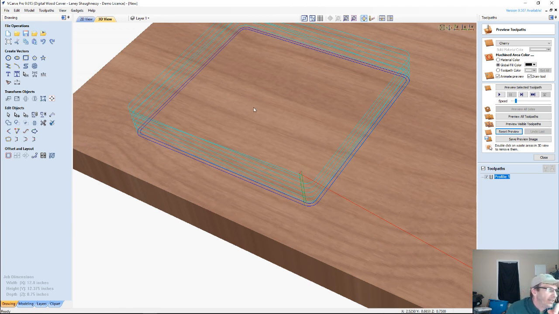And all it's doing is getting lower and lower as it comes around, taking that 20 thousandths of an inch until it gets to that final pass, taking that cut. So if we were to preview this,